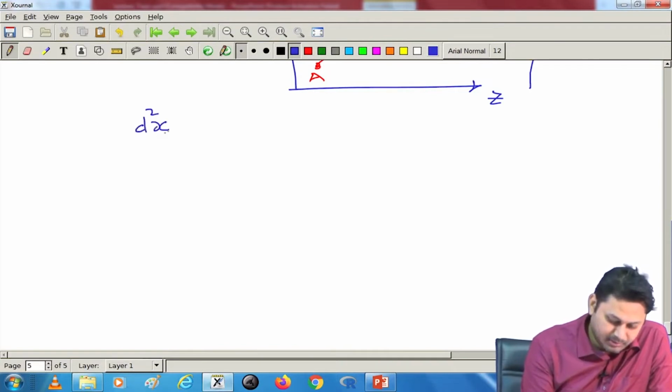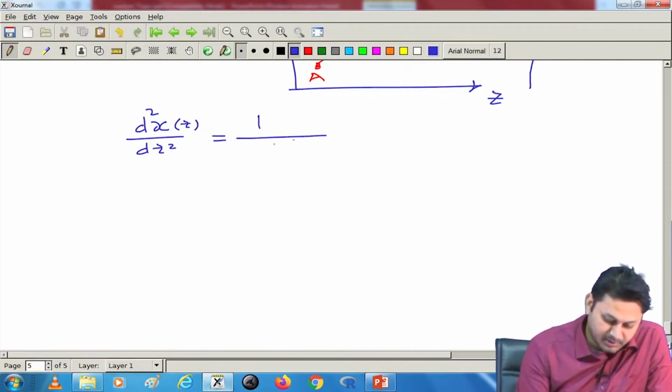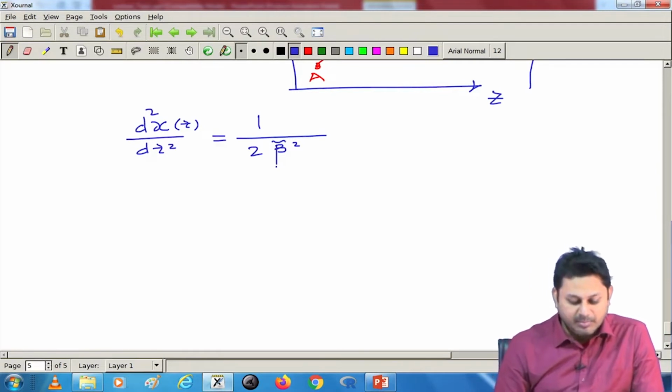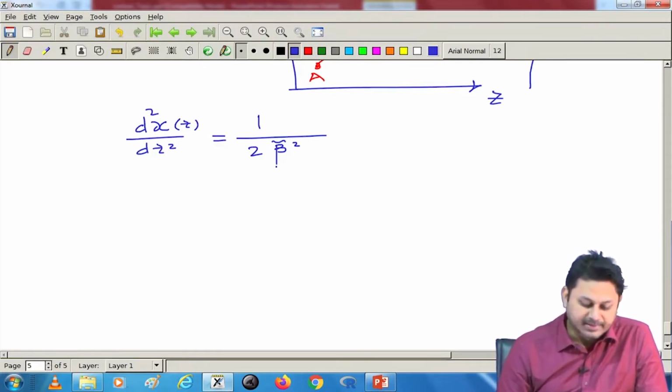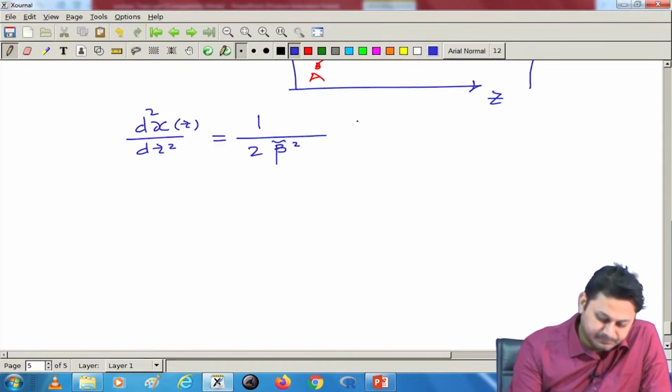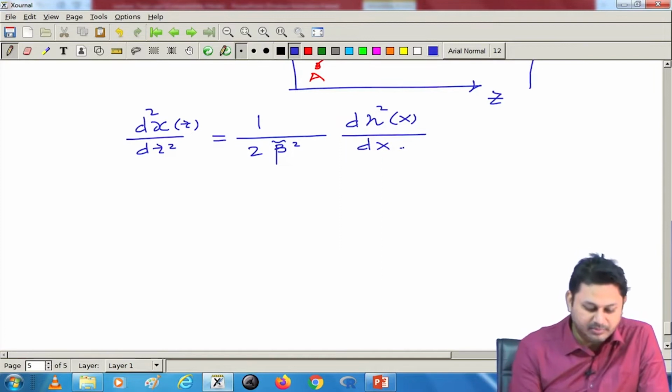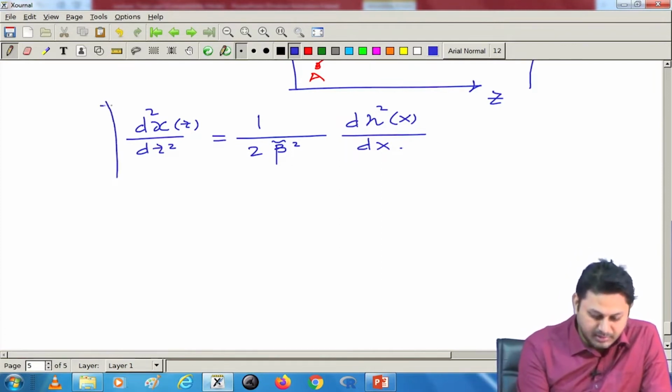d2x/dz square, a function of z, is equal to 1 divided by 2 beta tilde square. This quantity beta tilde is a ray path constant, we know that, and this is a constant quantity, times d n square x/dx. So, that was our ray equation,